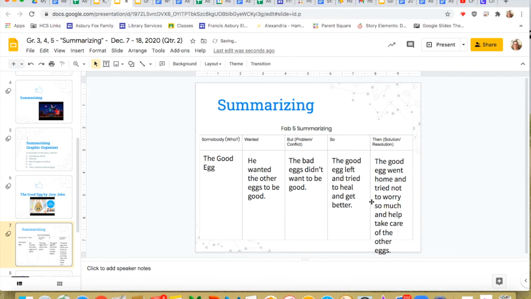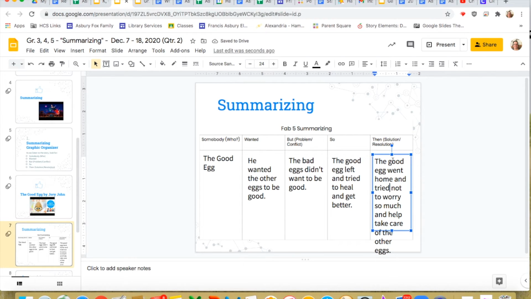Okay. So we have somebody was the good egg. He wanted the other eggs to be good, but the bad eggs didn't want to be good. So the good egg had to leave and try to heal himself and get better. Then what happened after that? Remember, he did a lot of different things.